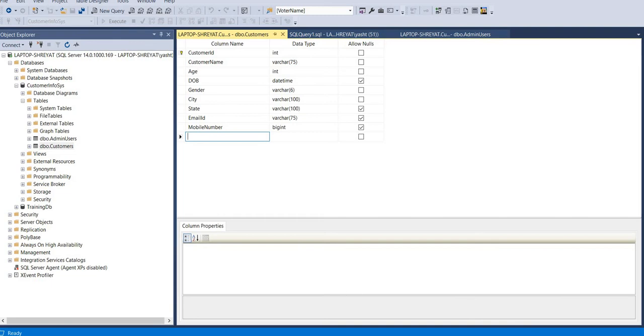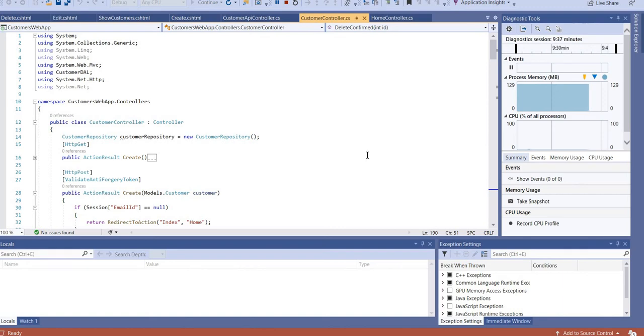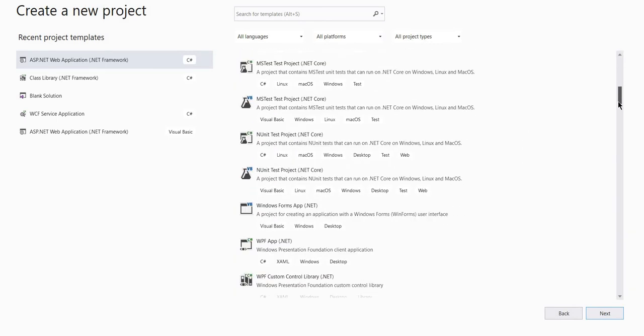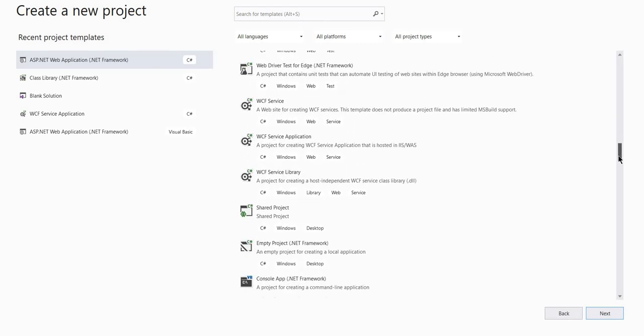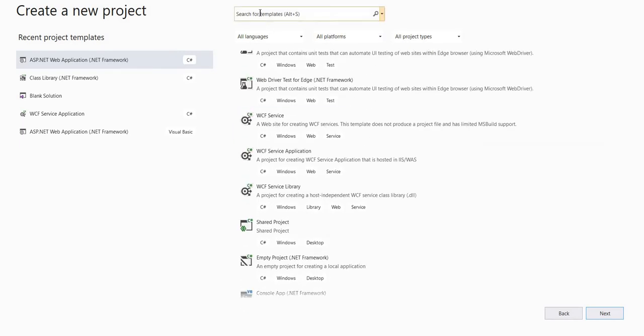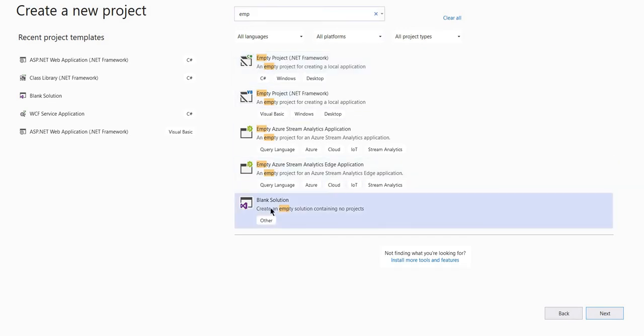Okay, so now let's start making the project. What you have to do here is first create an empty solution, a blank solution.